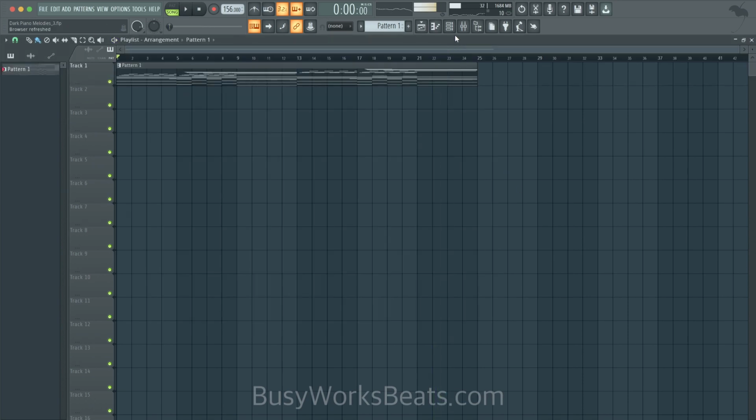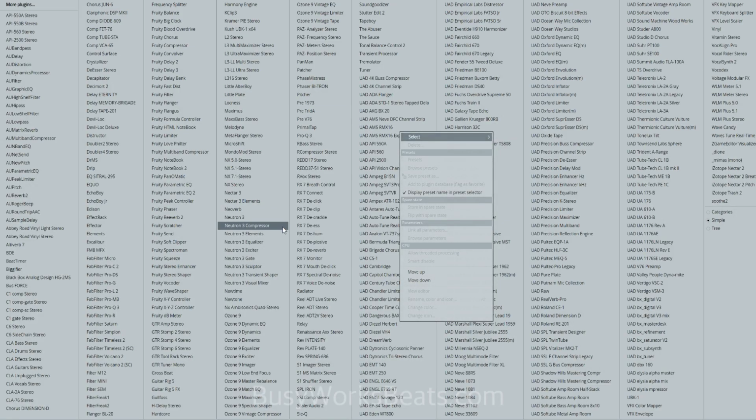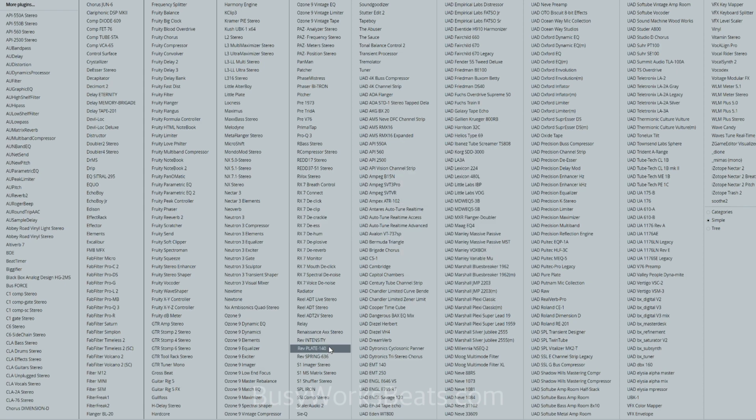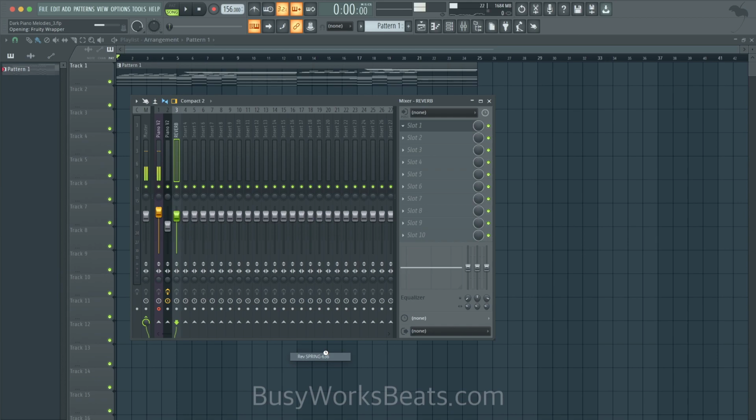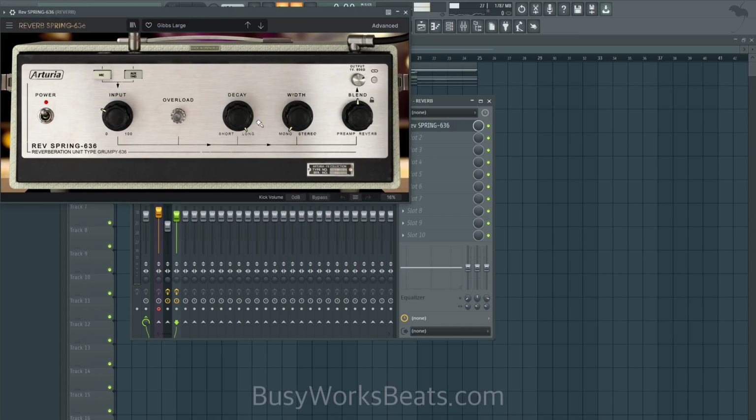All right, so a couple other effects you want are reverb. So let's open up another mixer channel. Let's open up reverb, and we might as well keep it Arturia stuff because their new plugins are actually good. Reverb, intense. I always mix these up though. Let's do spring reverb because that's a little bit different than your typical reverb. And we want the decay up. We want the width stereo. Actually, let's start mono because that's what makes spring reverb sound cool most of the time.